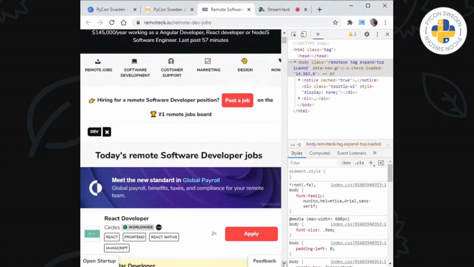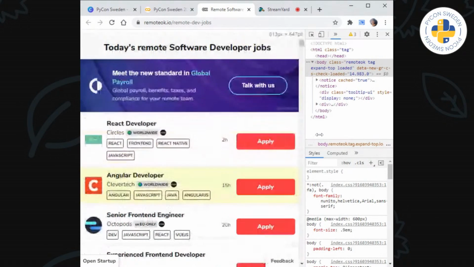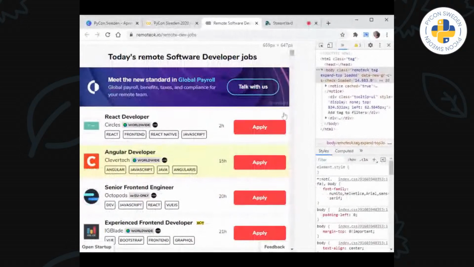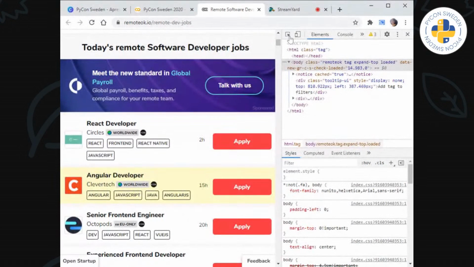What I want to get is the name of the company, the title, maybe the tags as well, and the link. The link is important, so you don't really need to come here to search for it. You can do this directly on your database. So let's see how this data is structured.